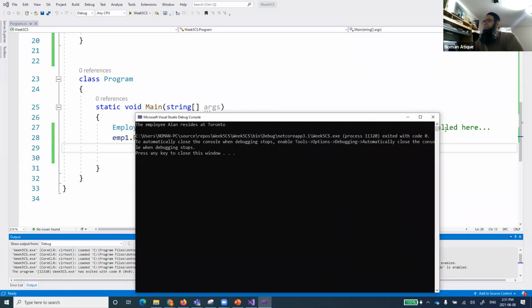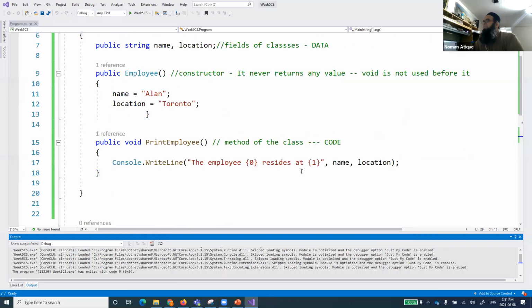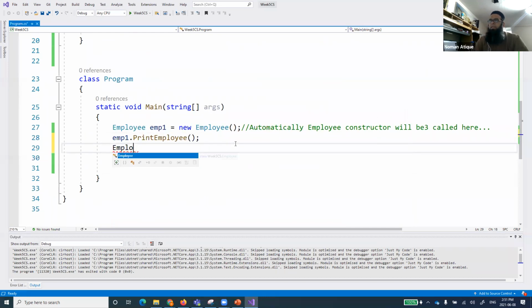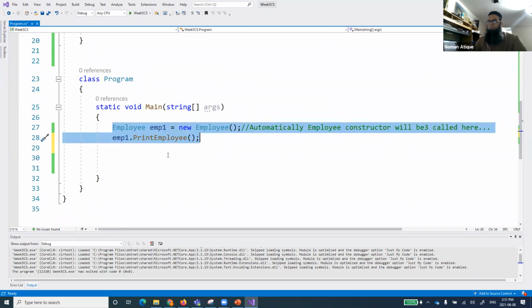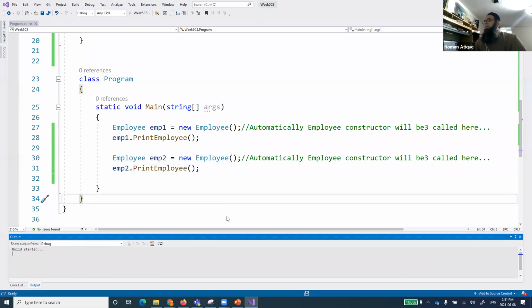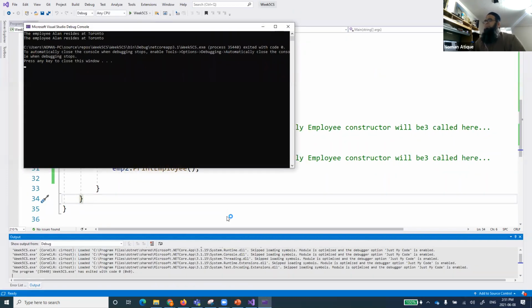So basically, what is happening is that it has just run this method print employee, and print employee was printing these values, and these values were set up by our default constructor. So it means whenever I create a new employee, if I create another employee, copy and paste this one, and I call it EMP2 and call EMP2 employee. So now if I just create another employee and I run that, I will always keep the same name because I'm not setting the name anywhere. Everyone understand that? Employee Alan resides at Toronto. Employee Alan resides at Toronto, which does not make sense, but we are doing it, right. Is that clear to everyone?